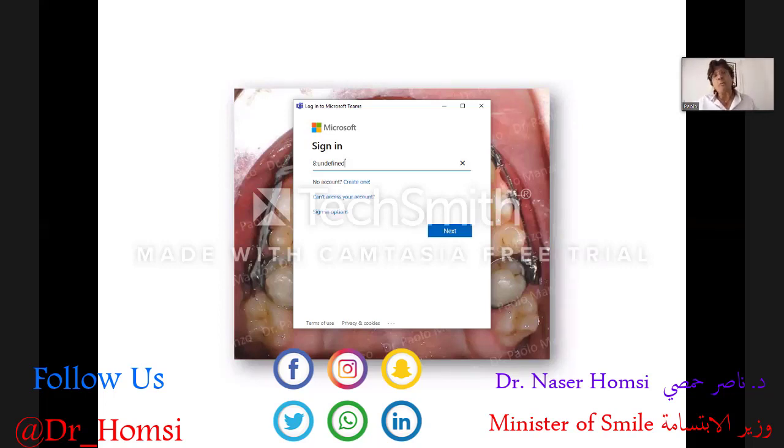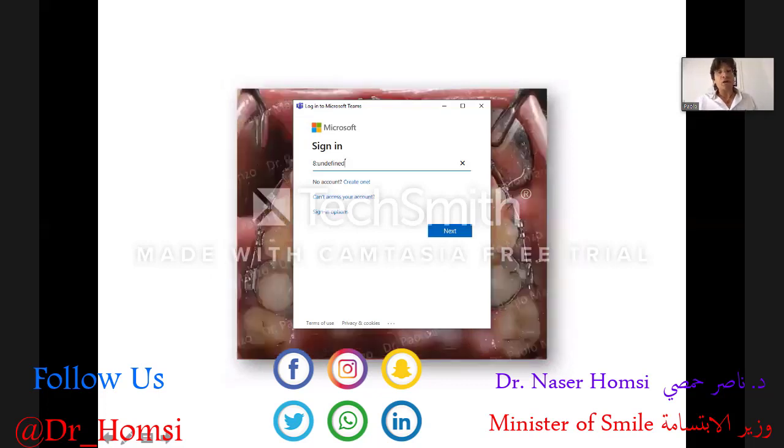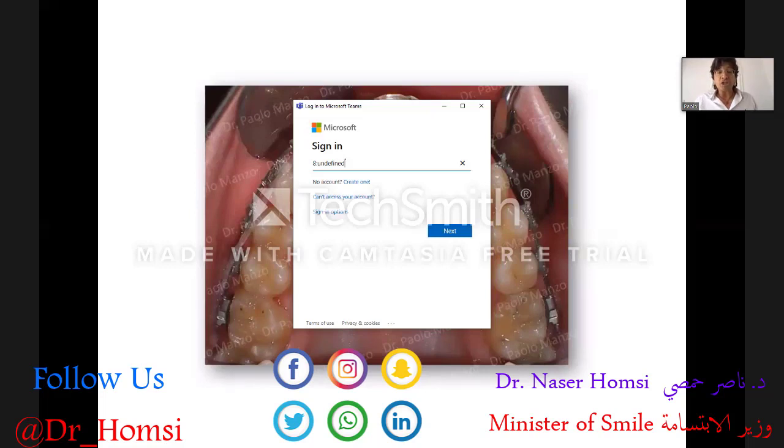this canine came out. I don't know, probably I only changed the direction of the force by also using 3D to plan this. And now I can place the canine in this natural position by means of power chain. We have to open the space here. Now the overlay we can engage fully in the bracket, so we can also correct the rotation of the canine. In the meanwhile, I am going to open the space of the canine, pushing the lateral incisor mesially, so closing the space of the lateral incisor, managing now with a full wire also in the canine in order